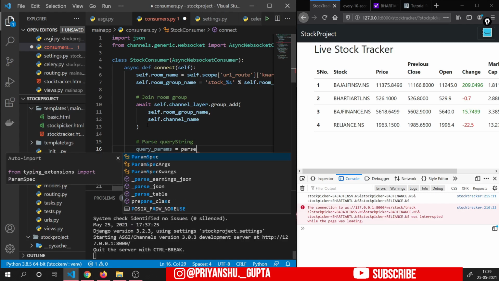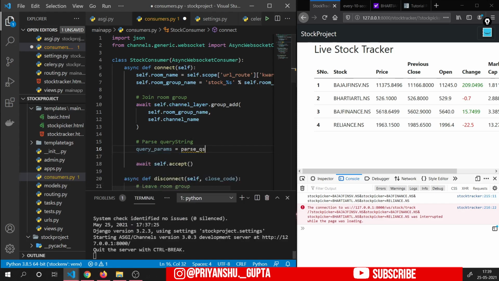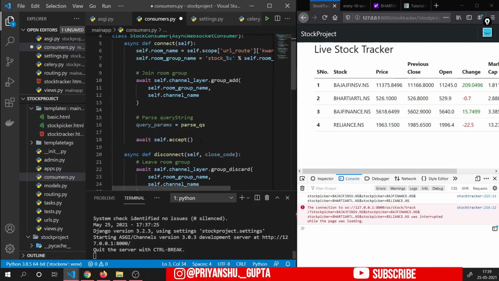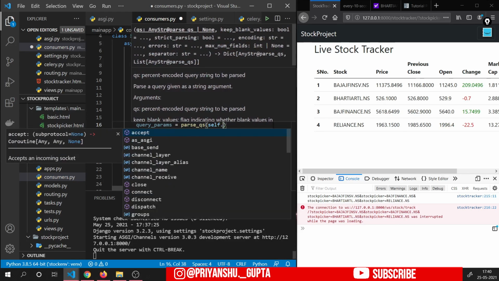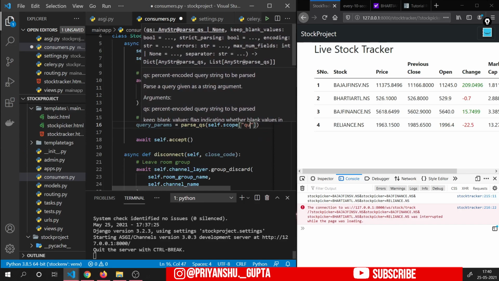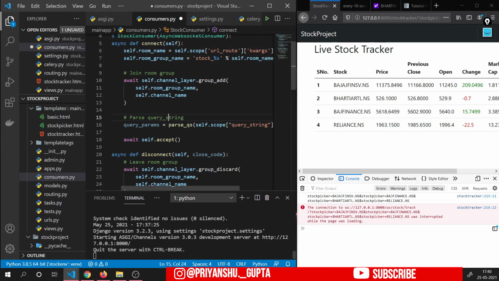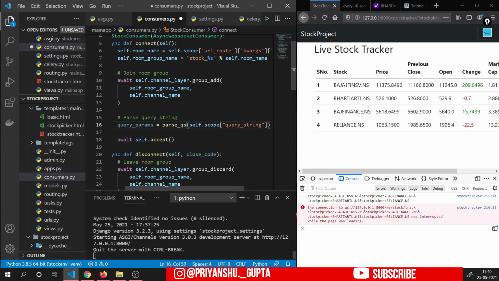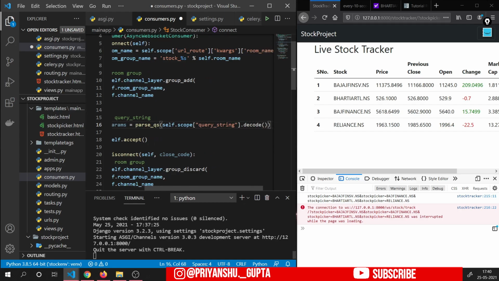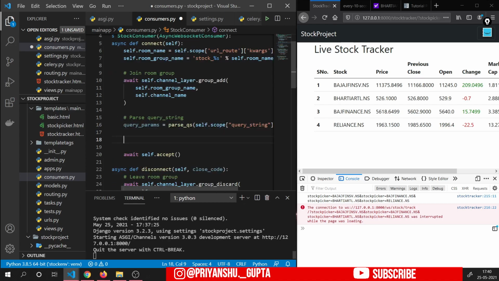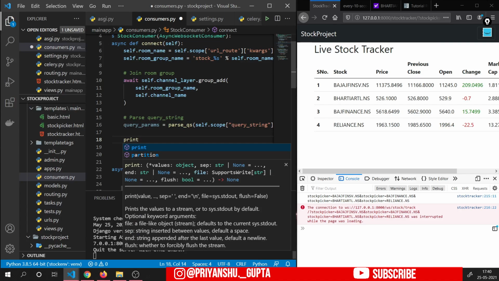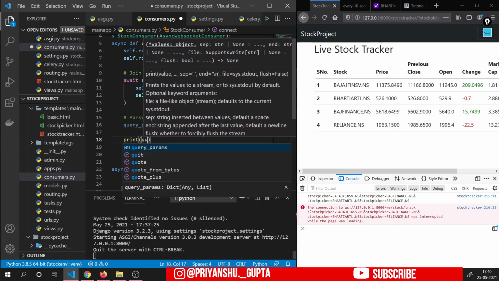and inside this we will use one function that is called as parse_qs, and for that you will have to import one more module from urllib.parse import parse_qs, and then parse_qs(self.scope['query_string'].decode()), and we will also check that we are able to retrieve that query string here or not by printing that query params,